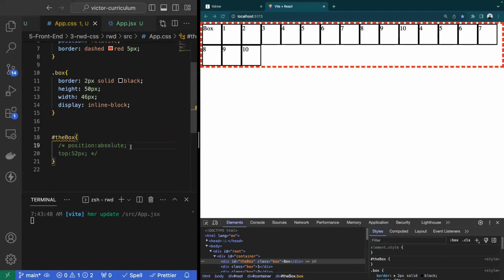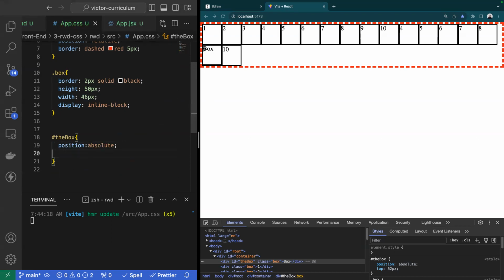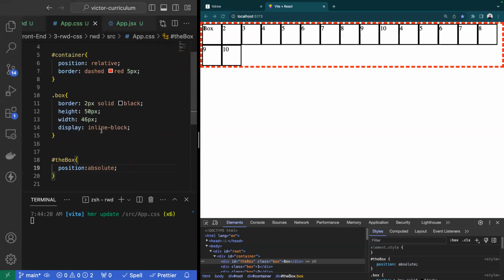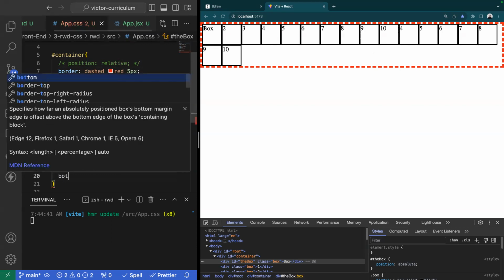Well, now, as soon as I turn this into position absolute, the container is still the same size, but that's because of 9 and 10 that fell to the bottom, right? Now, let me make sure this isn't relative right now, okay? So now it's position absolute. The container is not position relative. So now when I move this box to the bottom,